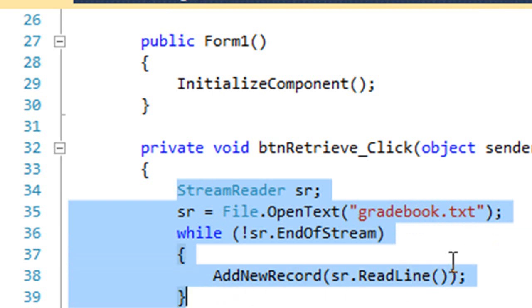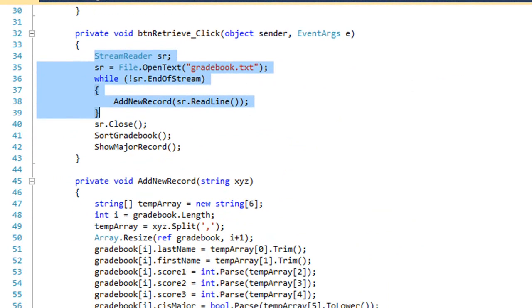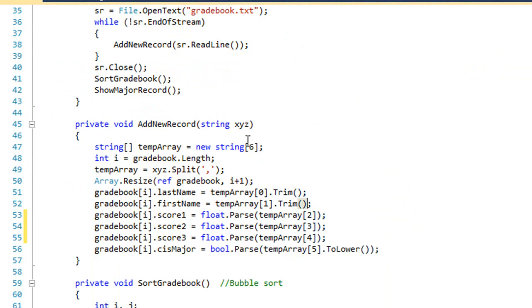and pass that to a method called add new record. So here's the add new record method. It's receiving XYZ, that's the read line string, creating a variable called temp array. It's a string array, going to have 6 elements, and I'm going to get where the length is of gradebook. I'm going to place that comma delimited string, splitting it out by the commas into my temp array. I'm going to resize gradebook, adding an element to it,